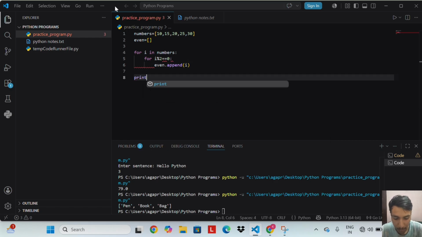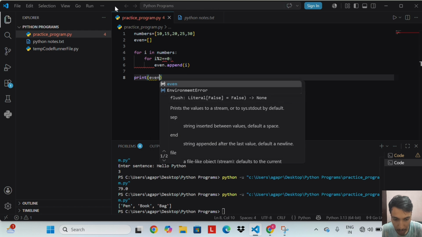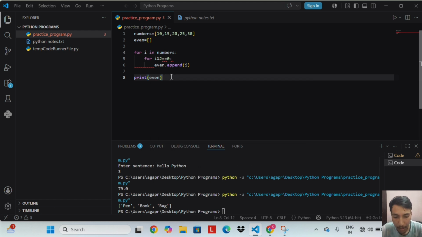Print E1. We create an empty list E1. For each number, if i percent 2 equal to 0, it is even. We append it.